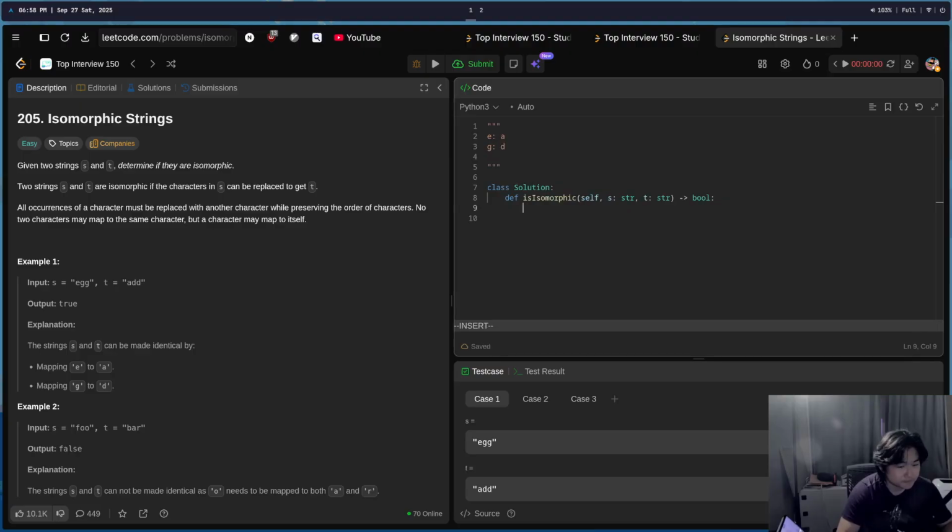Okay, so we'll have a hash map, right? We'll do this. For every letter 1 and letter 2 in zip of S and T, right? If L1, okay, let's try this. Let's do first if L1 in hash map, then we need to do something else,